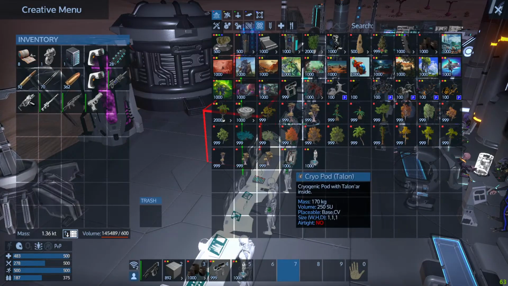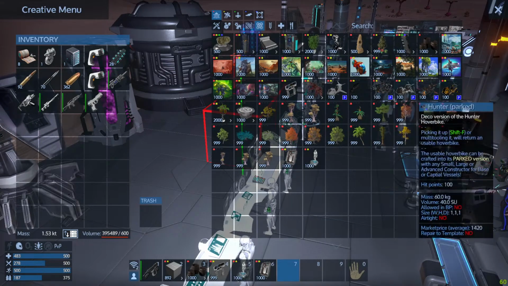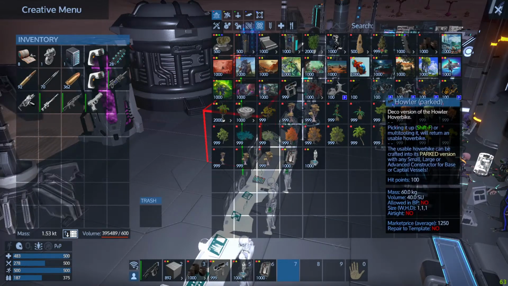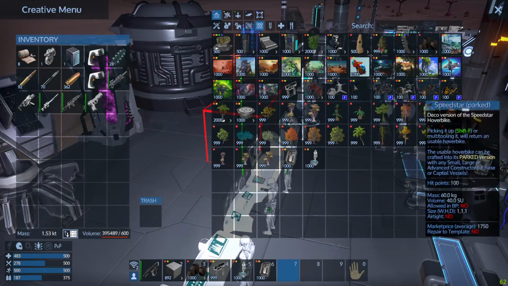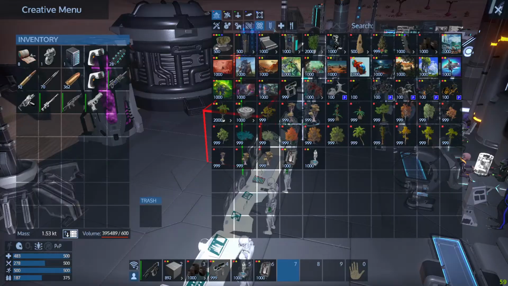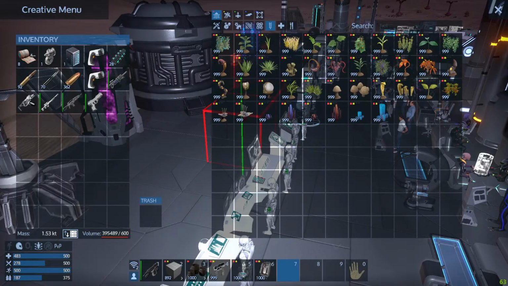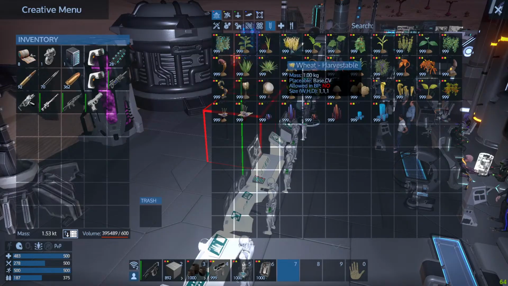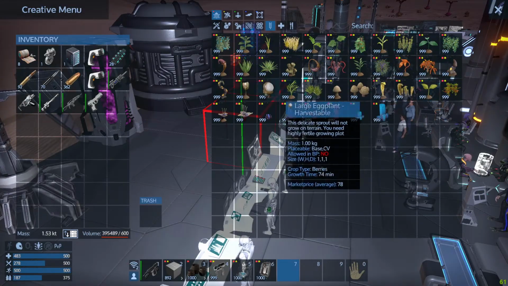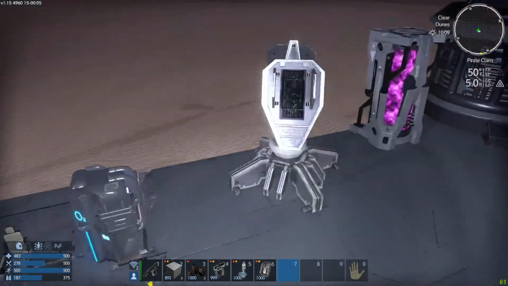Hologram station, cryopod, Talon. All right, howler part. Those are your little, yeah, those things. All right, and I think that's going to be pretty much it. I'm going to look at these guys, and I'm also going to see, which I was discussing with